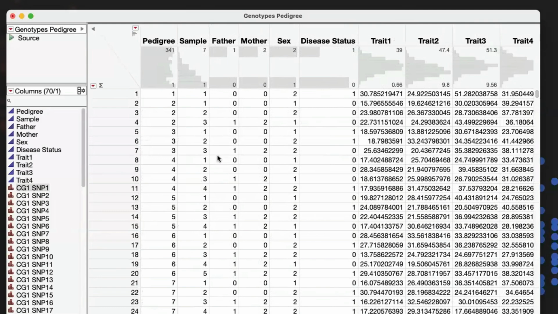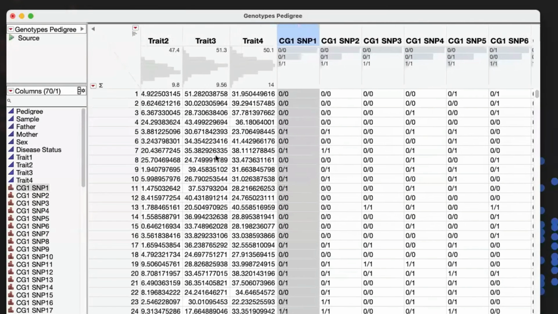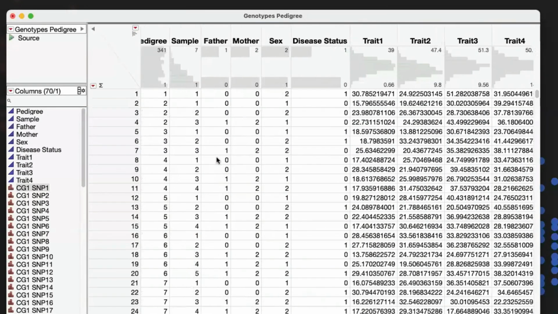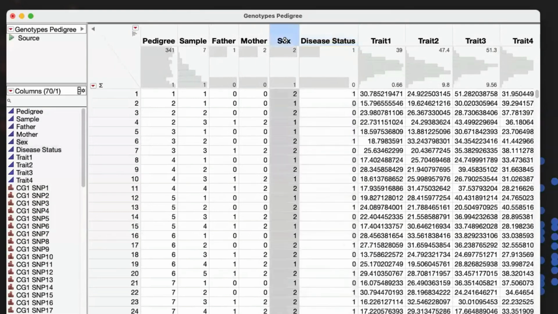For example, this isn't the suitable coding scheme, and I need to change that coding scheme before performing the analysis. Maybe some of these, for example, disease status or sex, are nominal variables, but right now they're being encoded as continuous variables. As you can see, the whole group of the first columns is over here. Maybe there's even some recoding of those, like cleaning up the formatting and reducing the number of significant digits in